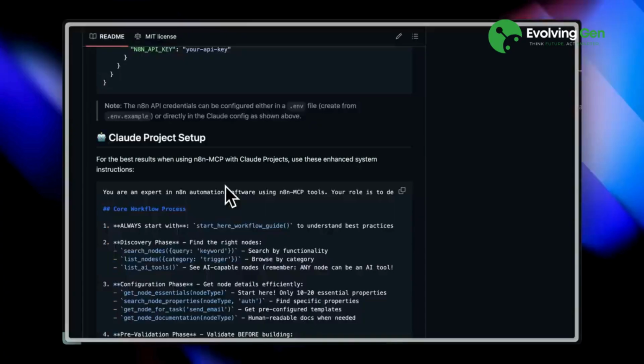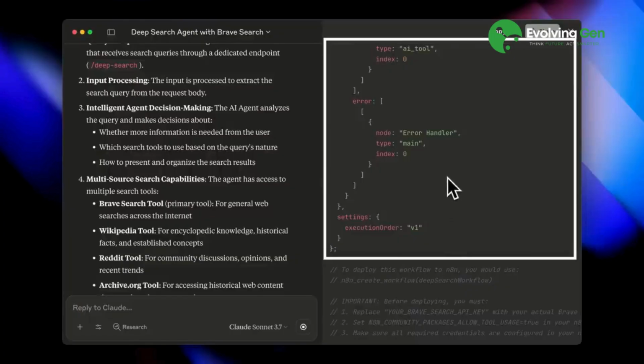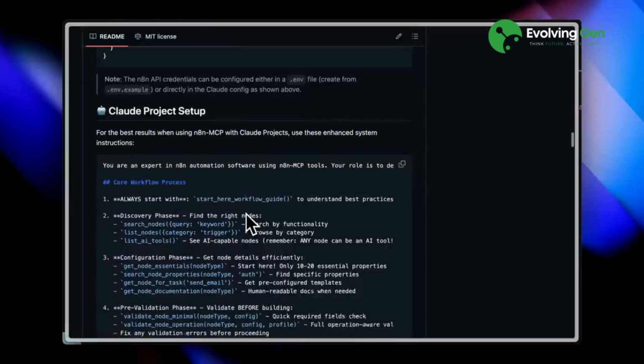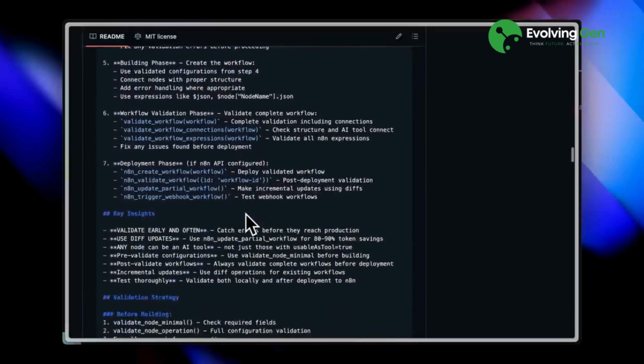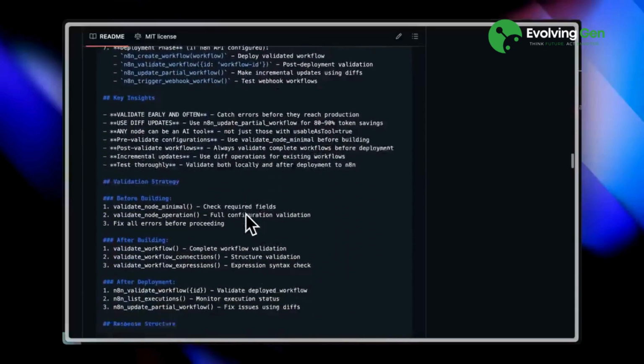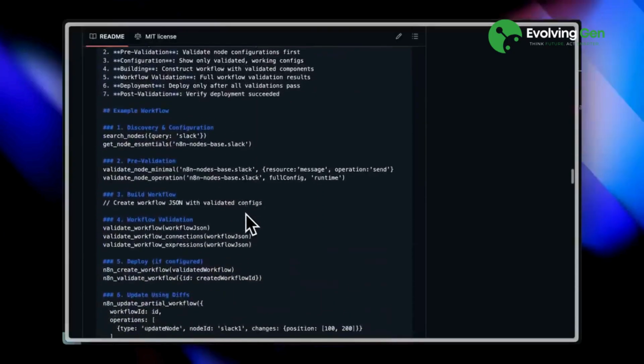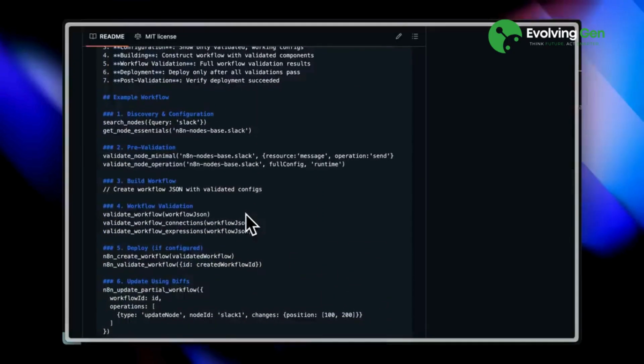full rulebook to follow. Now, if you're not on the Pro plan for Claude and you're using Cursor instead, no problem. You can just add those same rules into your Cursor rules file, and it's going to work just fine. What this does is set up a clear workflow structure that the agent sticks with. It prevents the kind of hallucination or broken output you sometimes get from LLMs when they don't have proper guidance. So with this setup in place, you're much more likely to get stable working workflows, not something half-finished or made